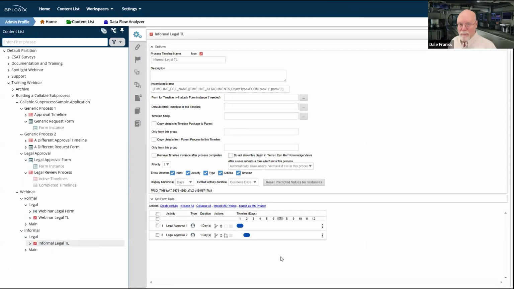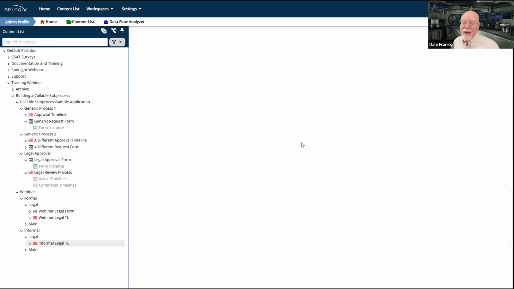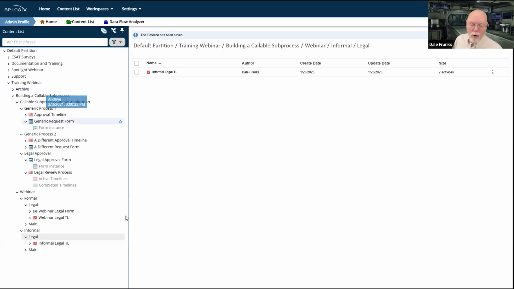It literally is just a timeline that has no form. And this is intentional, because what I need to be able to do is supply it the form from whatever process calls it. Now, of course, what this means is that this is no longer really a standalone process. There's no legal review process that I can call. So this is always going to be a subordinate process that's always going to depend for all of its data and everything else on whatever the parent process is. Now, in some ways, that's great because it gives me some flexibility for making this work.